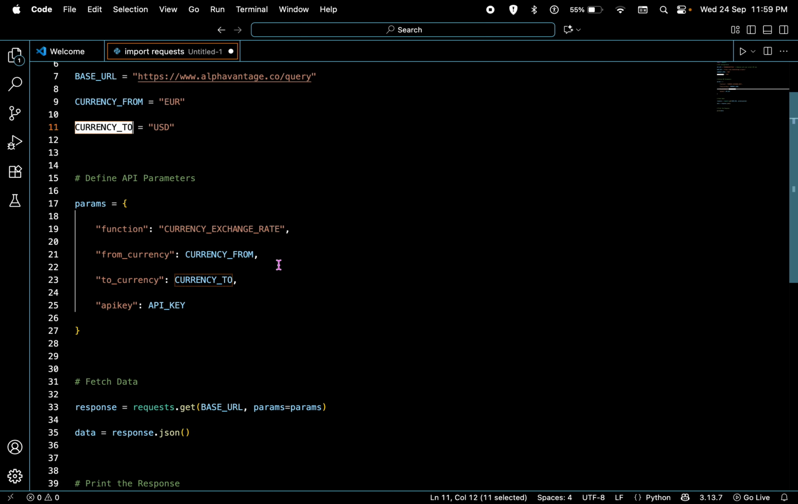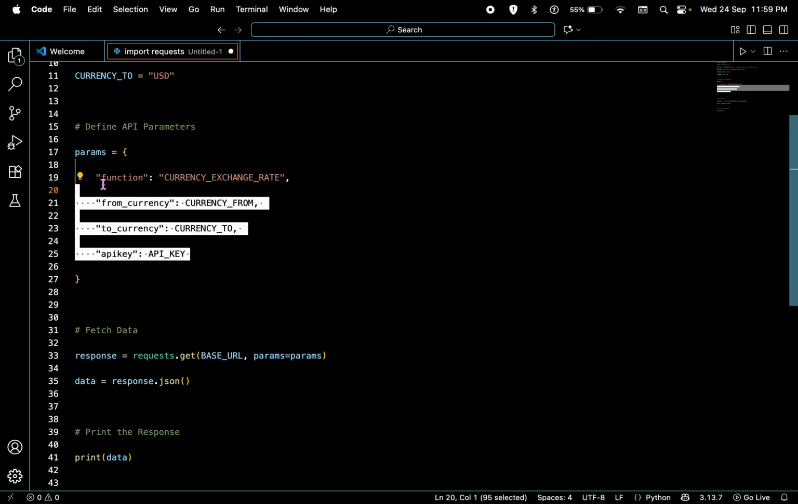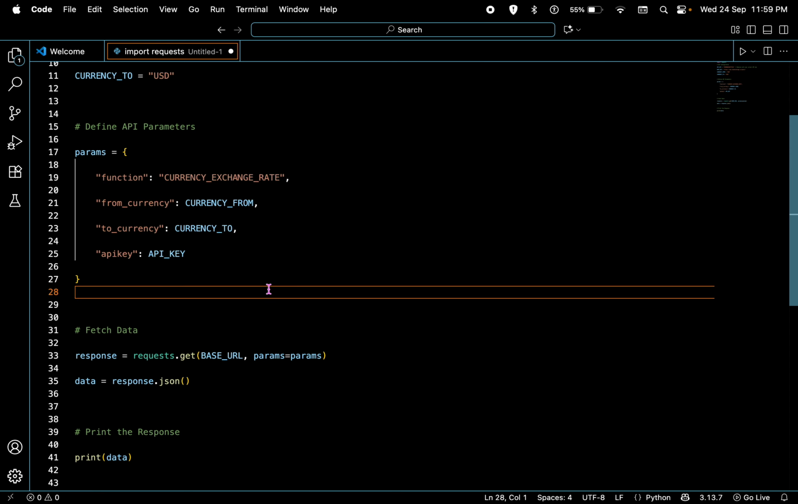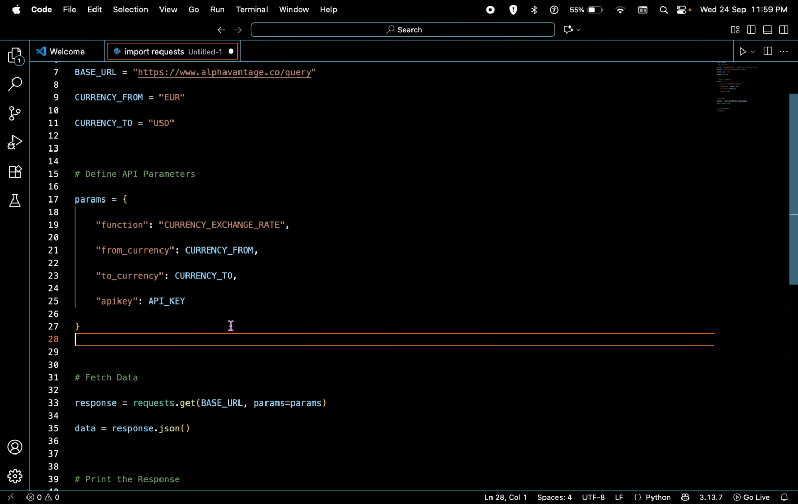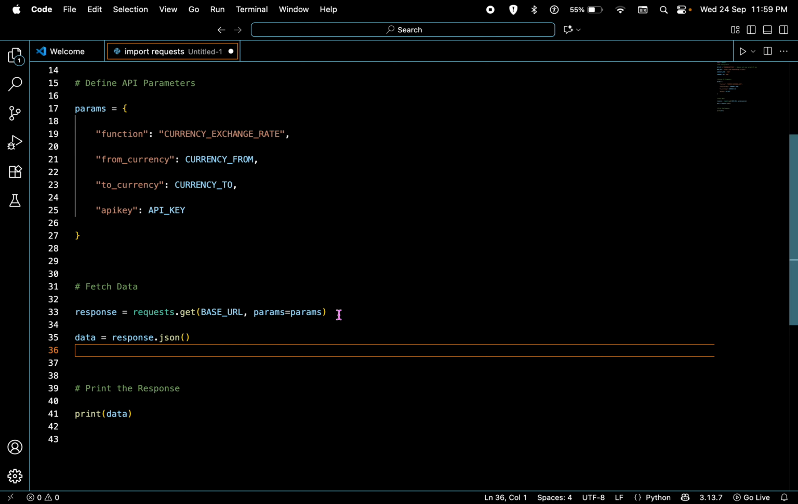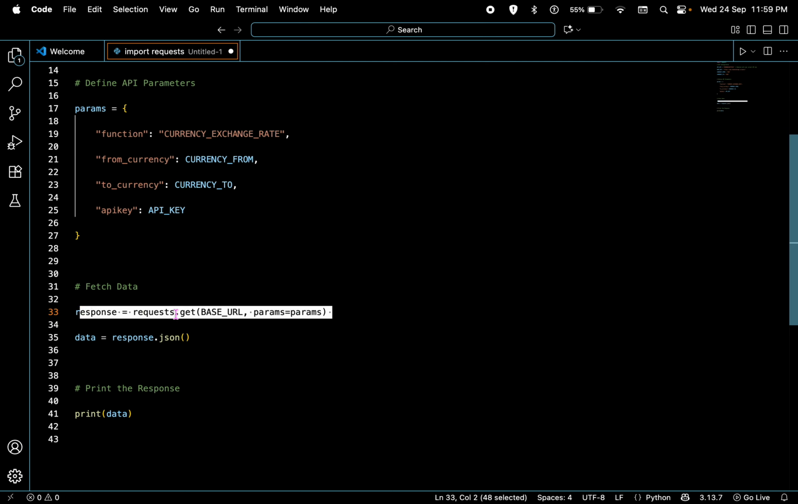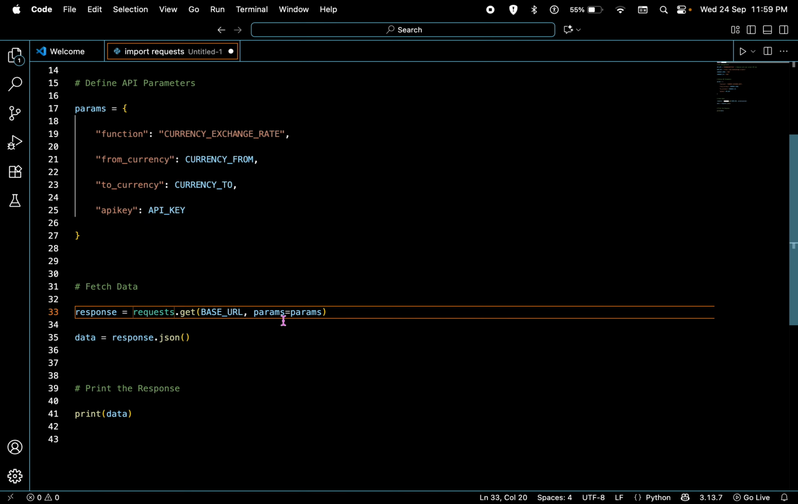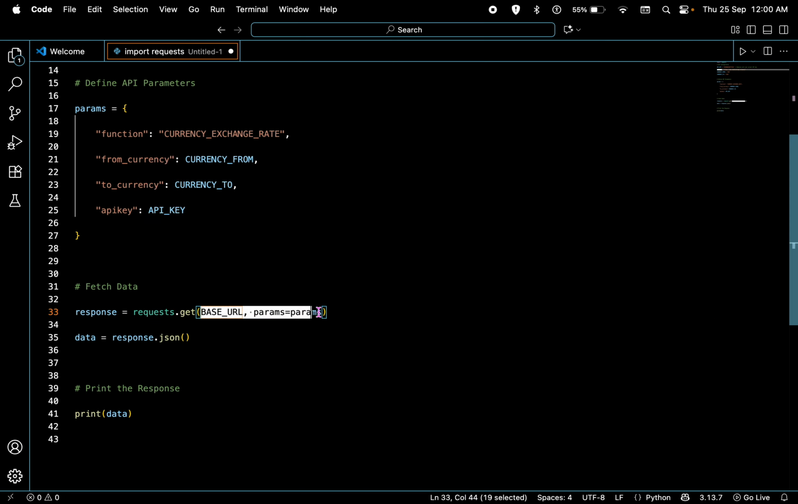Okay. Then we are defining our API parameters. What are the parameters we would be needing? So here we have defined the function from currency to currency and our API key. This thing will be as it is for you as well. Then we are trying to fetch the data. Here this is the command. So response is equal to requests dot get base URL and params is equal to param. So here what we are doing, it will directly pick the base URL and basically from here this entire thing what it will do, it will directly try to